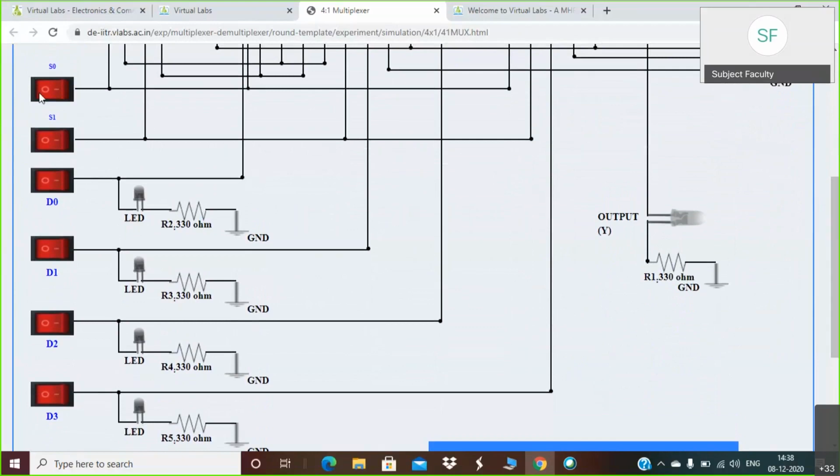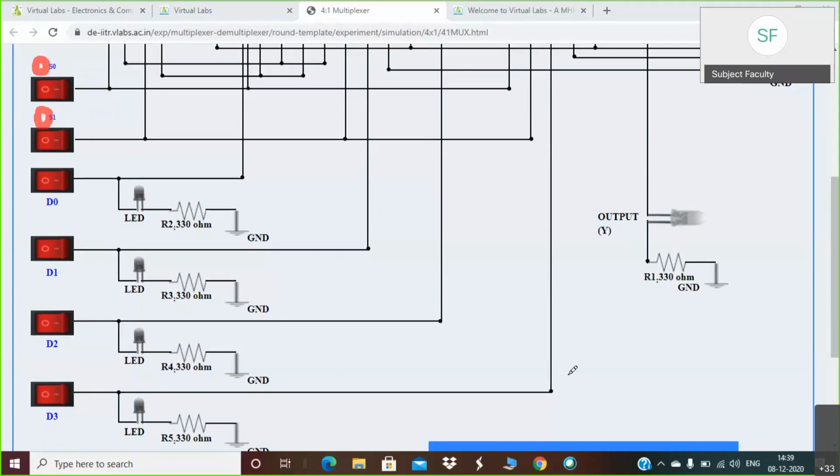Now the select lines S0 and S1, these switches are currently on 0 0. That means which one of these inputs is connected to the output now? The value of select lines is 0 0.